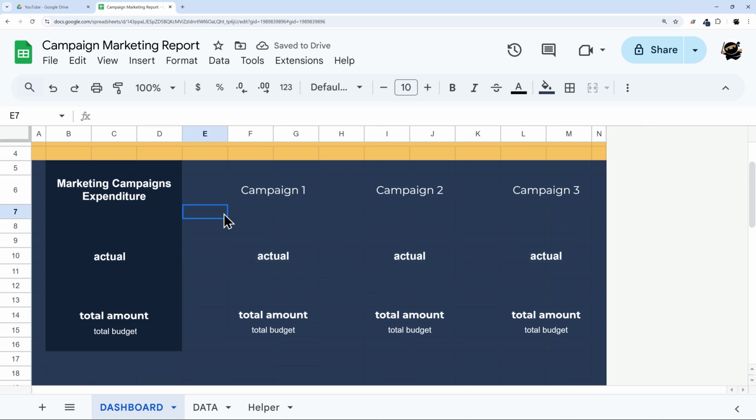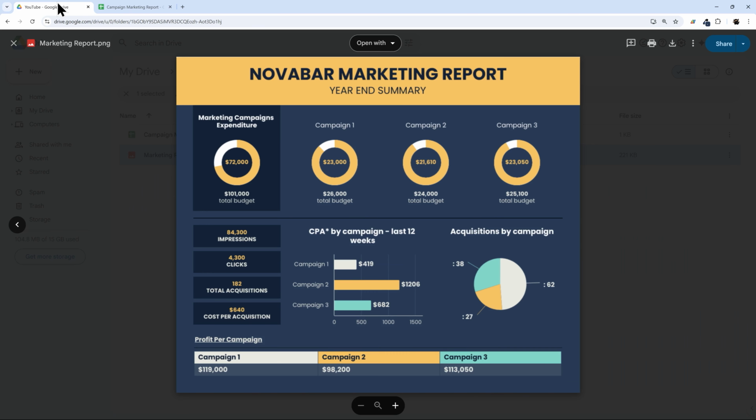Something like that. So we're going to put our pie chart over this. And then this number will show through. So this will actually be a number. We can just do something like this, just to fill that in. There we go. So we need to come up with these actual amounts for each campaign and then our total